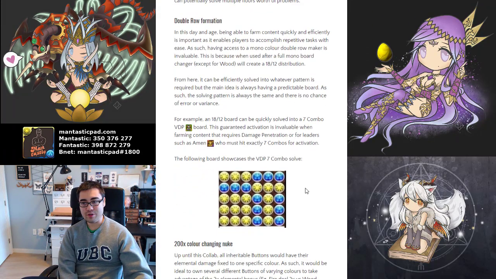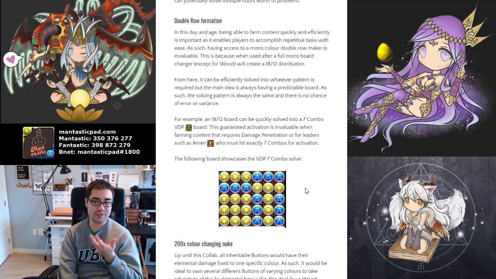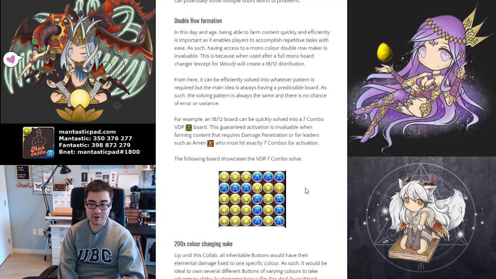So as with Yu-Gi-Oh, which was from the Sword Art Online collab, we have access to another double row maker, and basically the idea is you always have this 18-12 distributed board. You have this perfect level of consistency and you always know what you're going to have. And because of that, you're able to rearrange the board into whatever pattern you feel is necessary for your team. There's that great degree of consistency, there's no variation, and it's just going to be significantly easier to play through